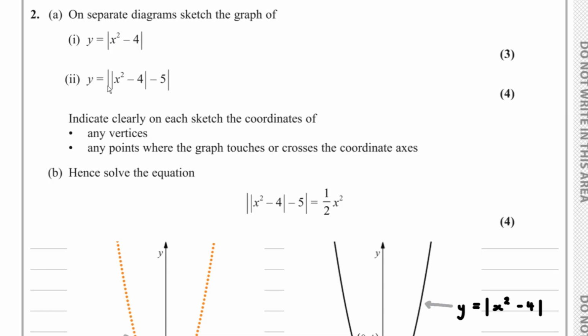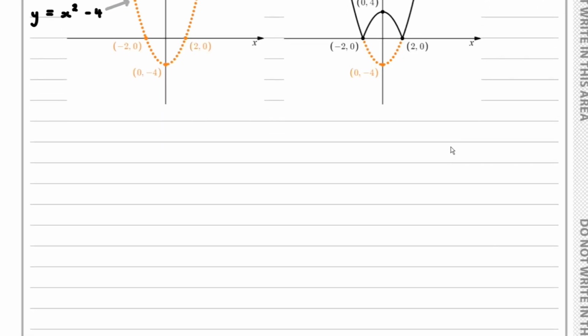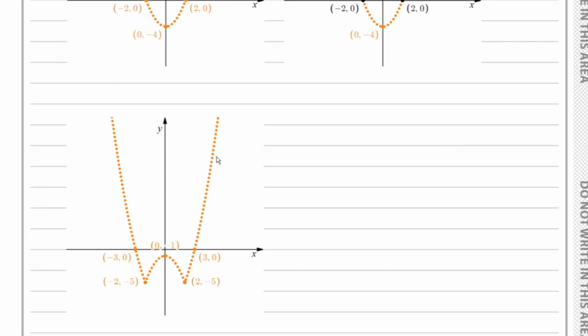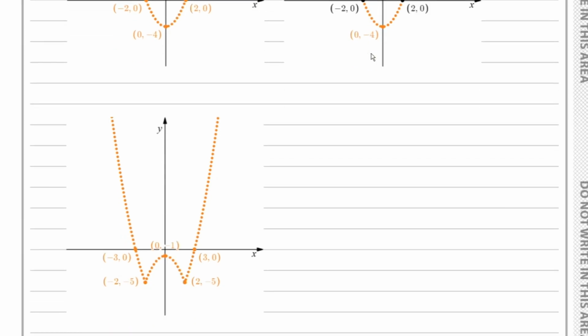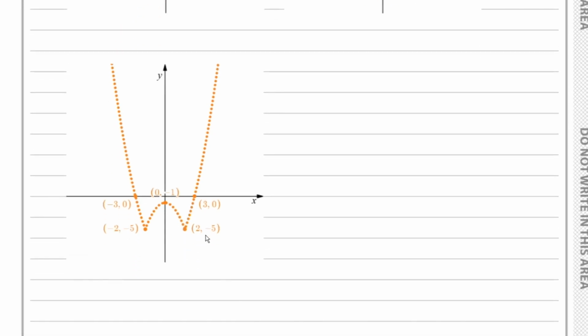Now, if we have y equals the mod of x squared subtract 4 subtract 5, what we'll do to begin with is we will translate this graph 5 units down, and in doing so we end up with this graph here. So moving the 4, 5 units down, we end up with 0, 1. The point here where we've got negative 2, 0 and 2, 0, we've moved them 5 units down as shown,